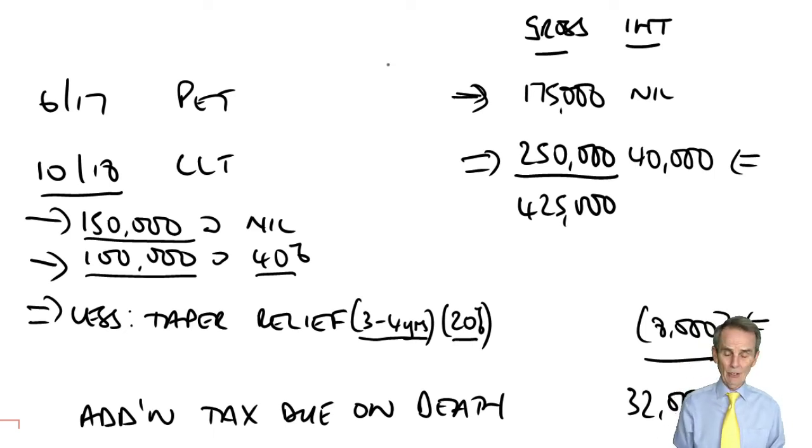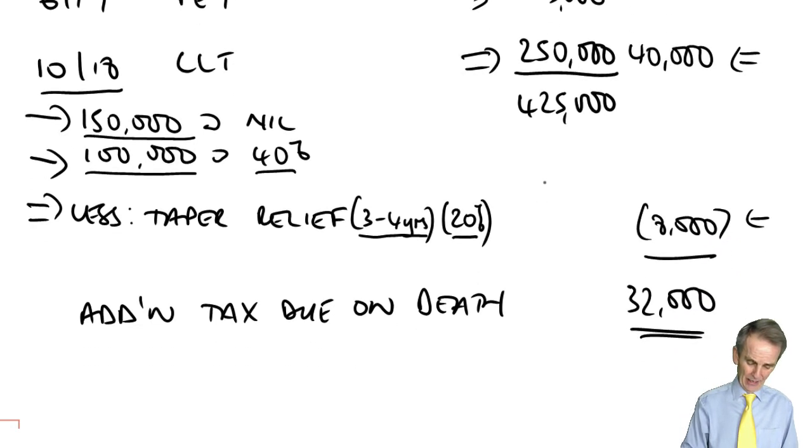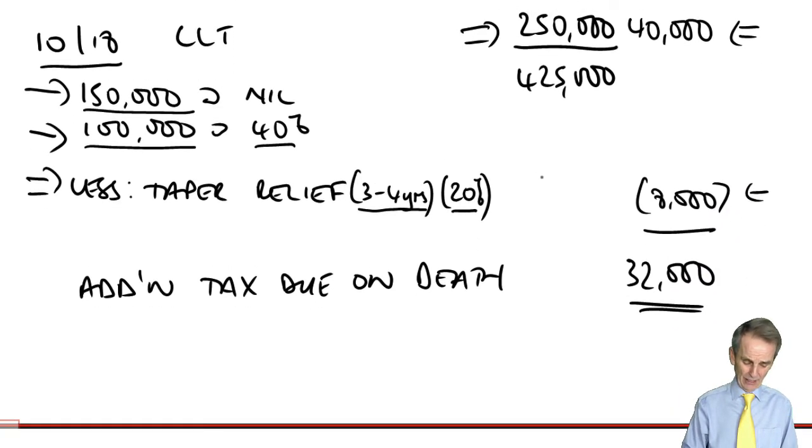But how you choose to lay it out is the quickest and easiest way that you can find, because it's a race against time in the examination room. So I'm showing you this is the proper format. You have to mimic this, but you don't need all the labels that I'm giving you here. You will simply know what needs to be computed, what needs to be deducted, what is the end answer I am after, and in relation to that October 18 CLT, in relation to the tax on it due on death,